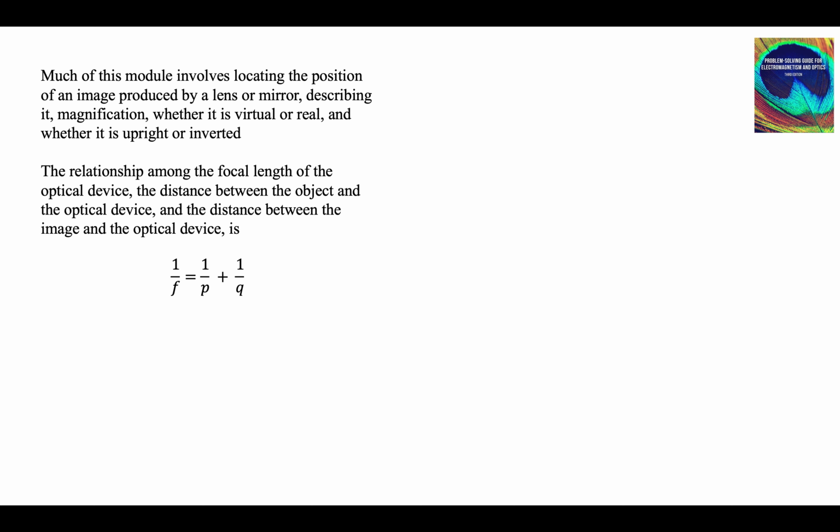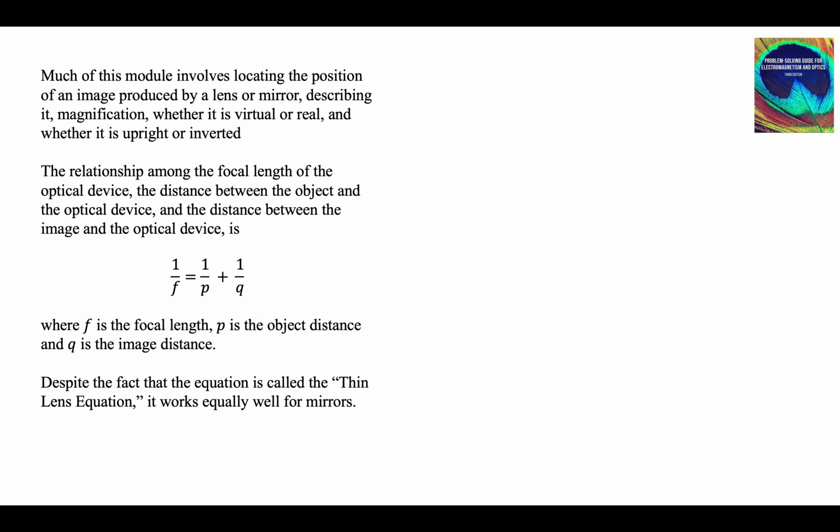There's an equation that relates the focal length, the image distance, and the object distance. It's called the thin lens equation. 1/f = 1/p + 1/q. And it works equally well for mirrors. Same equation. f is the focal length, p is the object distance, the distance from the object to the optical device, mirror or lens, q is the image distance,